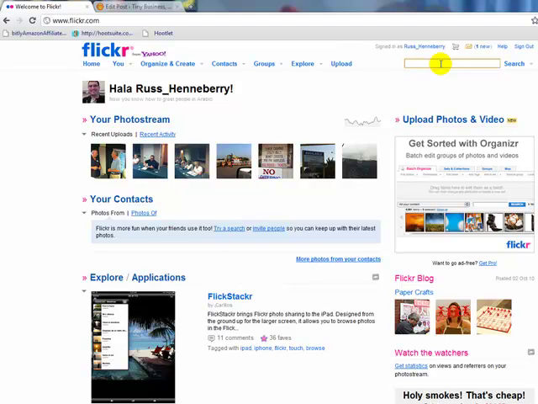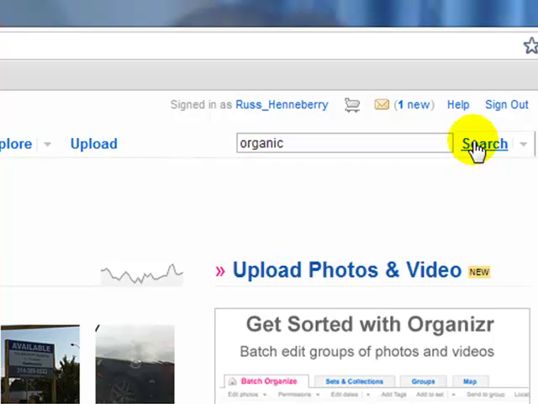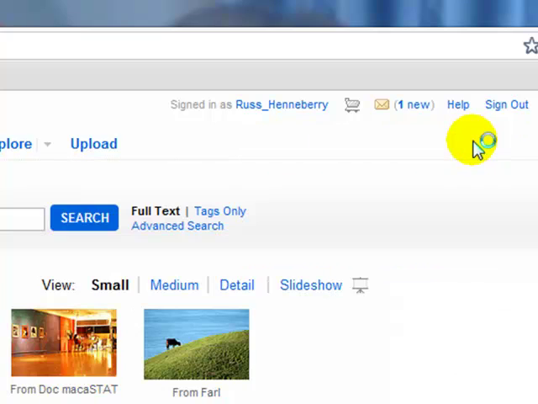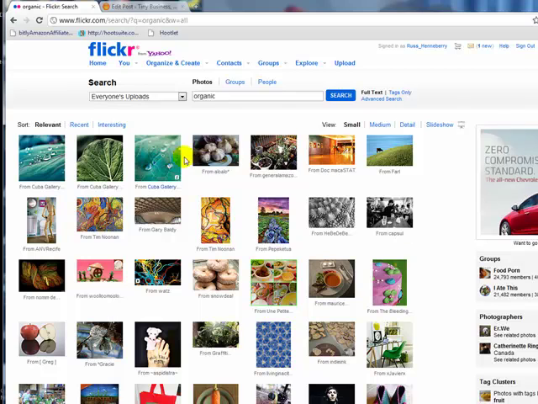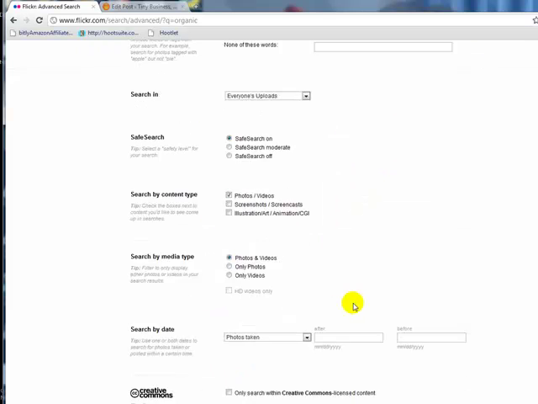Let's say we're going to be writing an article about some organic vegetables or something like that. So I'm going to search for the term organic here inside the Flickr search box, and I get some images here. Now I'm going to select the advanced search, and it's going to populate my search in there. There are a number of different settings here, but the important one is that we find the Creative Commons